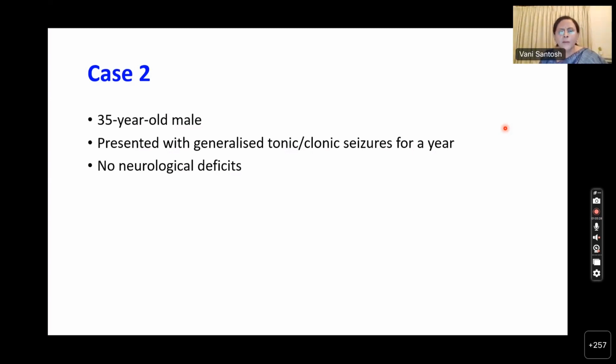Third question. Yeah, third one. Third is about which I'll make a comment later: CDKN2AB. Should we do it in every single grade 2, grade 3 IDH mutant tumor? This is the question that almost all the clinicians will ask. We should remember that there will be resource limitation in most of the centers, and whether you have the technical